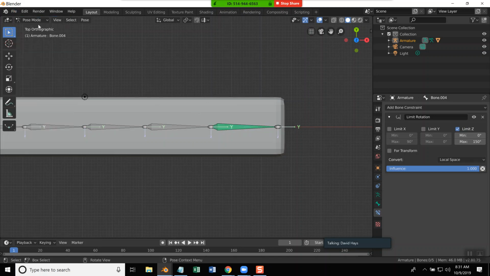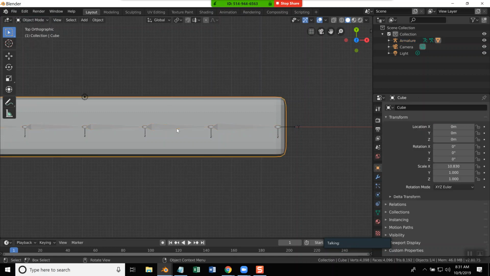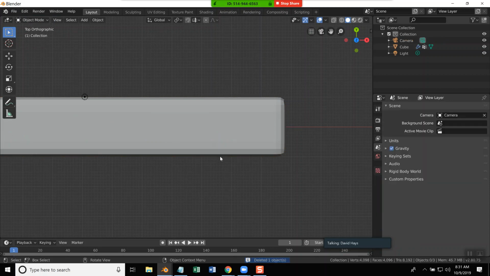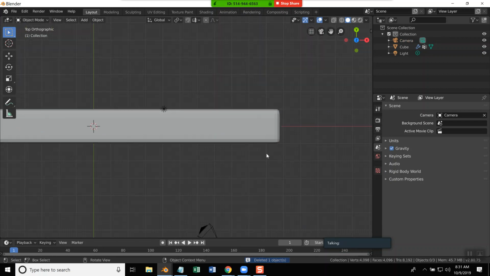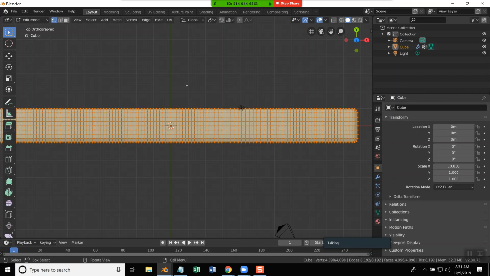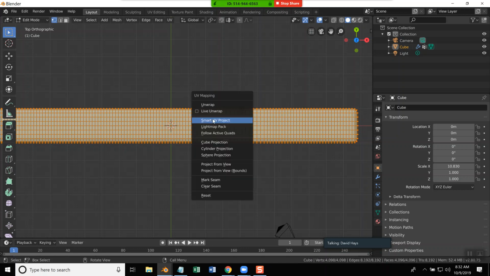Let me go back to object. I'm going to select the bones here and I'll do a delete. I did an X for delete. And this changed a little bit for this, so I may have to refer to the video on this to see if I learned where they moved everything to and so forth. But if I go into edit mode, I have object selected and go into edit mode. Everything is selected. So if I do U,